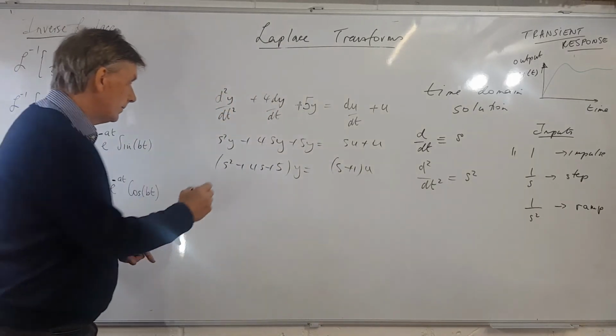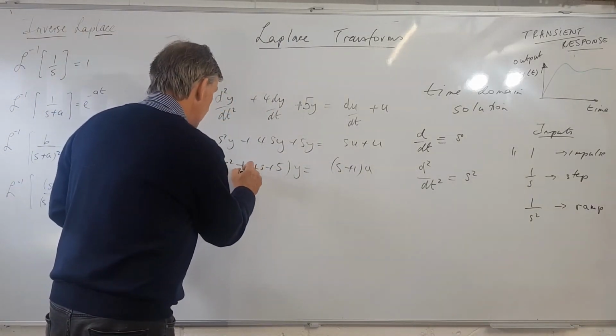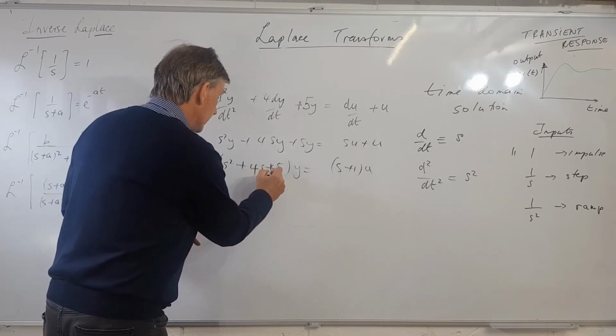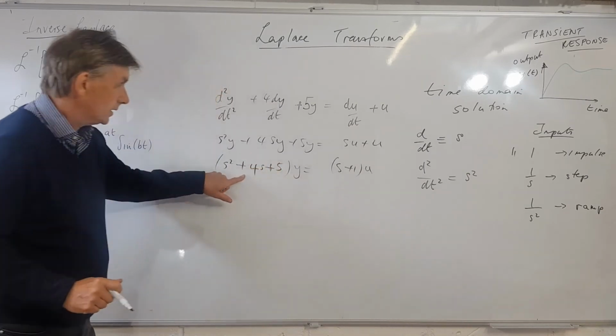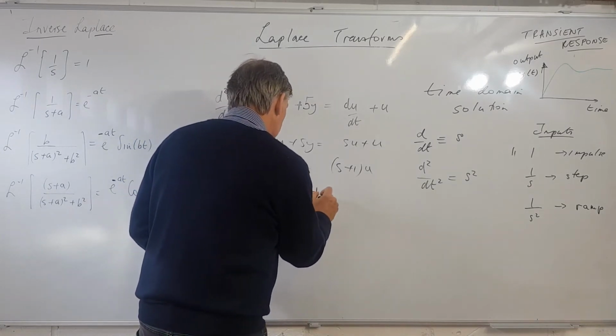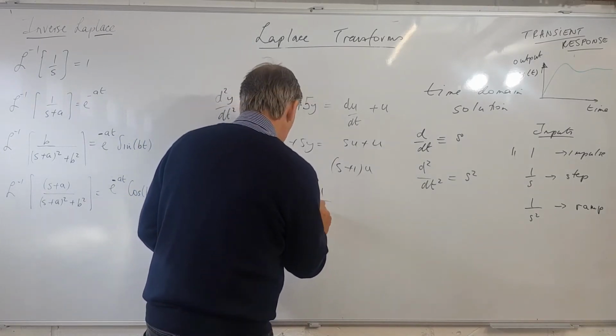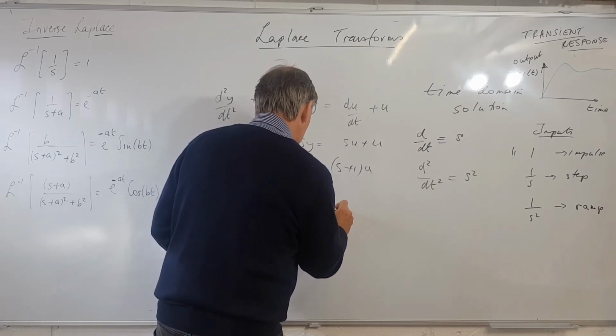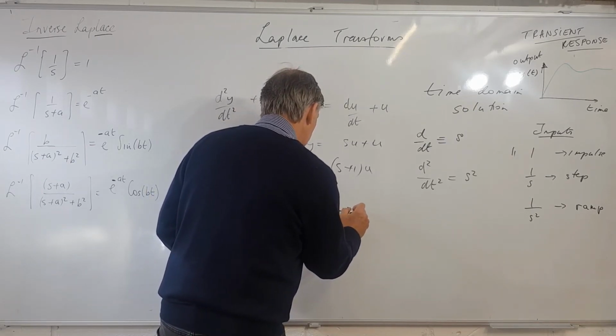Then take this term underneath here, so we get that y equals s plus 1 over s squared plus 4s plus 5